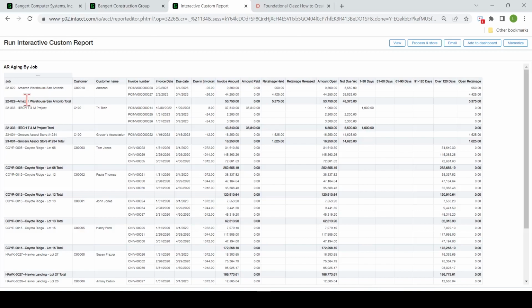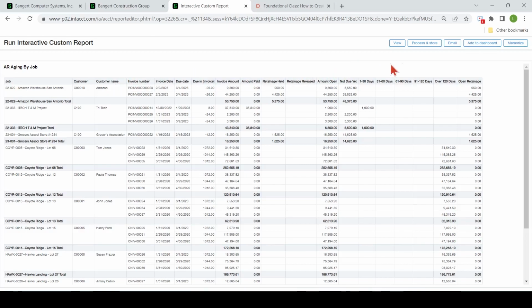You've got your customer information, invoice numbers, dates, amounts, retainage, amount open, and then your aging over here. This is a pretty common one used in the construction industry.